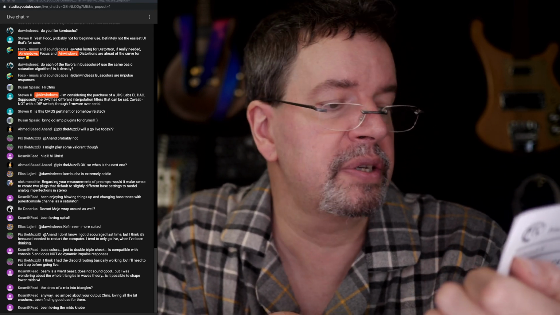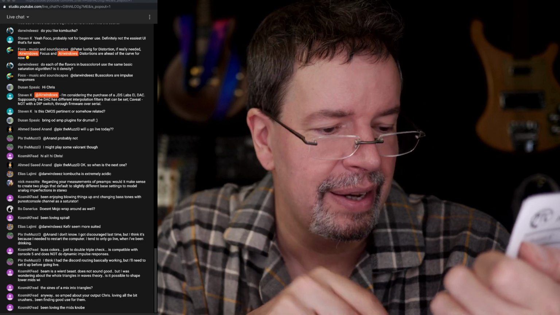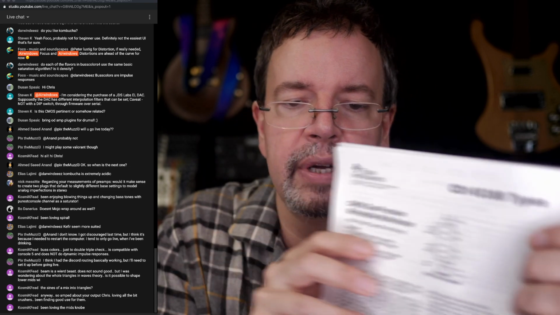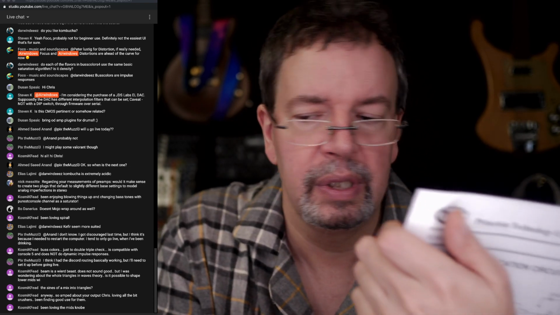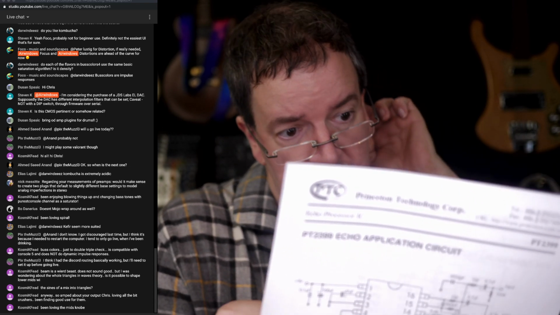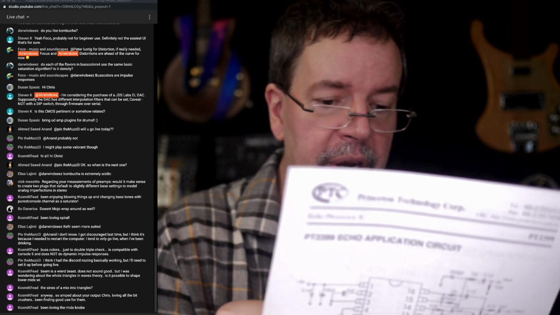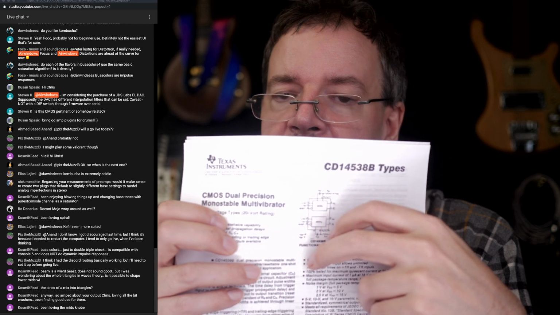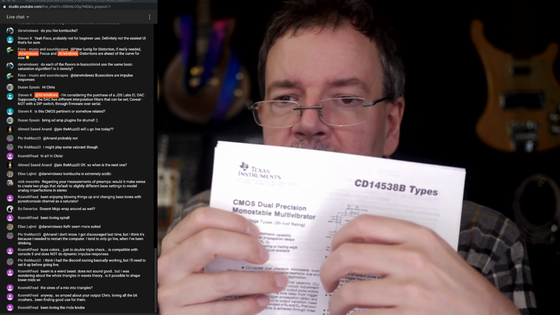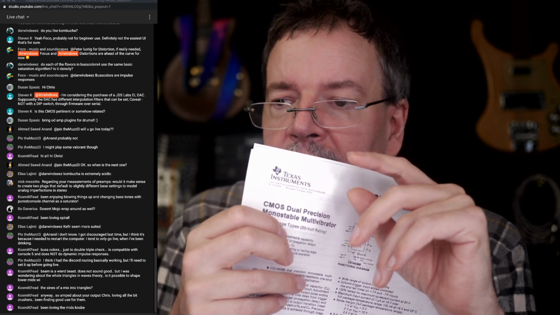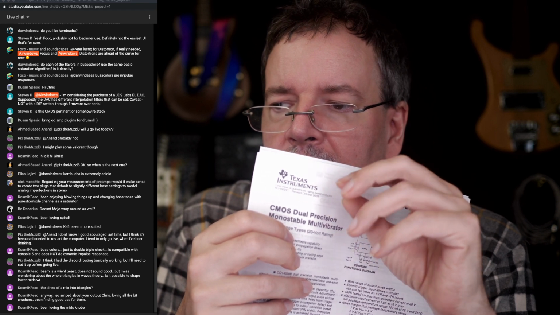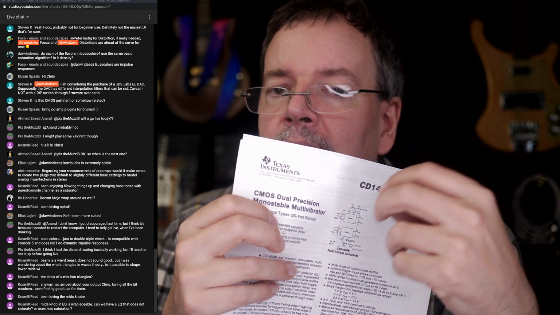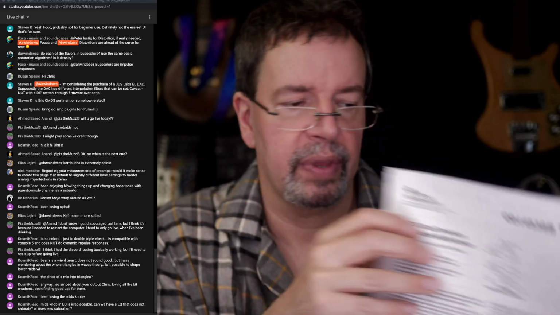Basically, it takes in a pulse and then the output hits, but since it's a dual precision monostable multivibrator, you can delay the output tick on this as well as lengthen it. So you can have ticks coming in and sustain it until it's the length of a note and going like that.